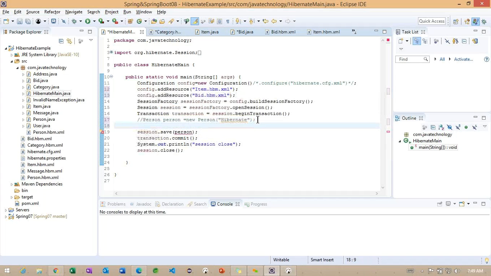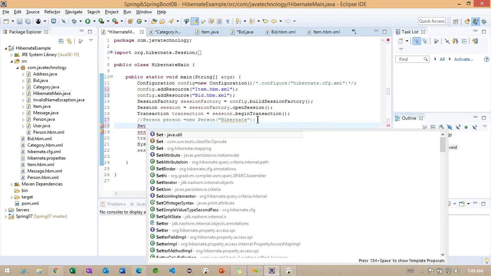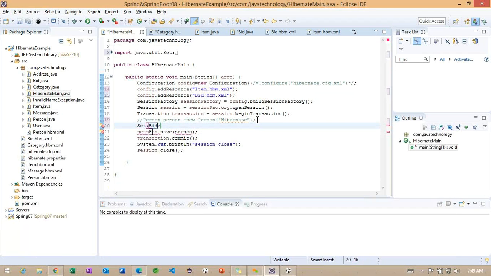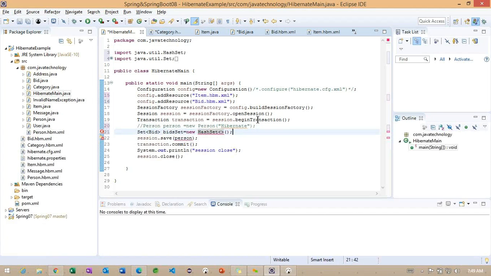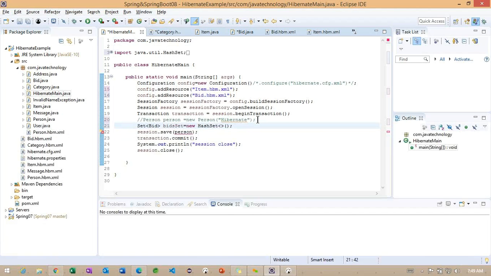We'll create first a collection of objects by specifying the bid, and bidSet is equal to new HashSet. Okay, we created this particular HashSet, but now we need to create multiple objects here.